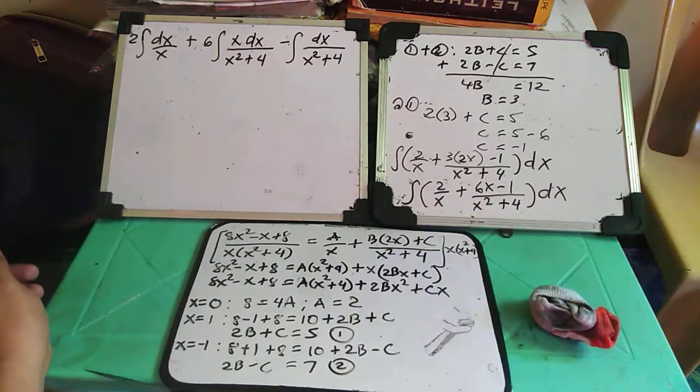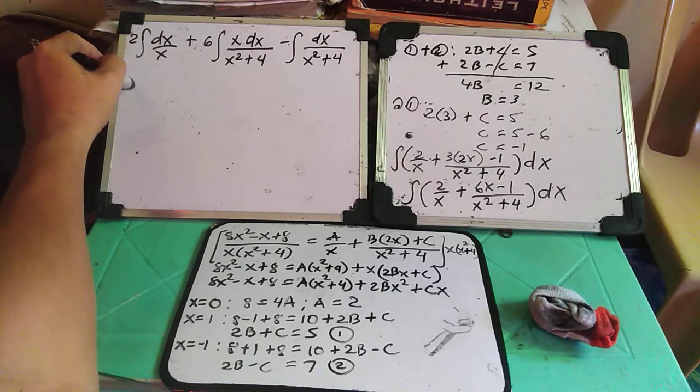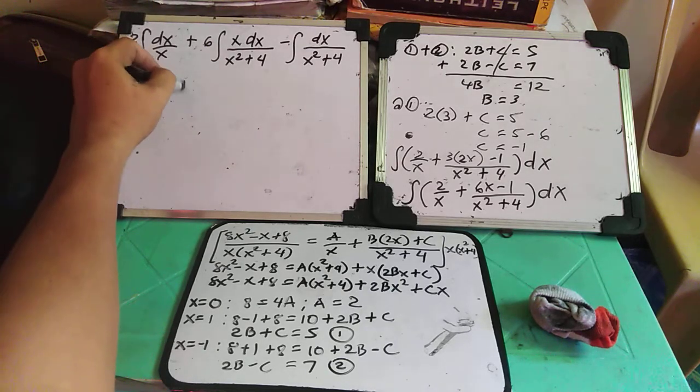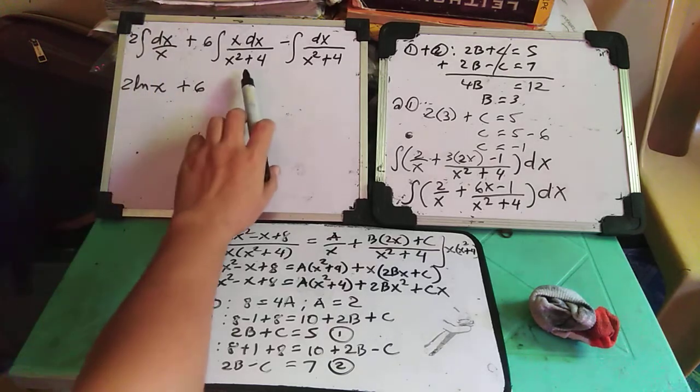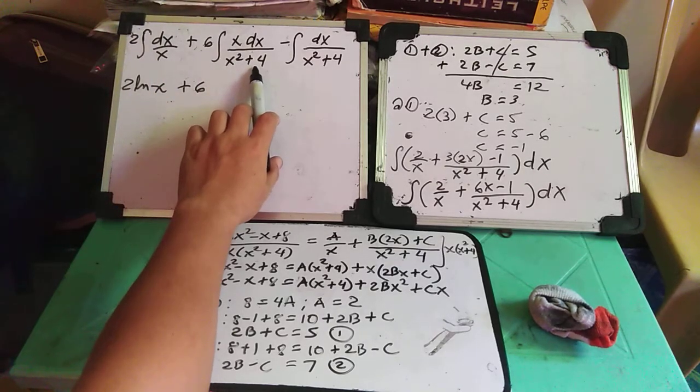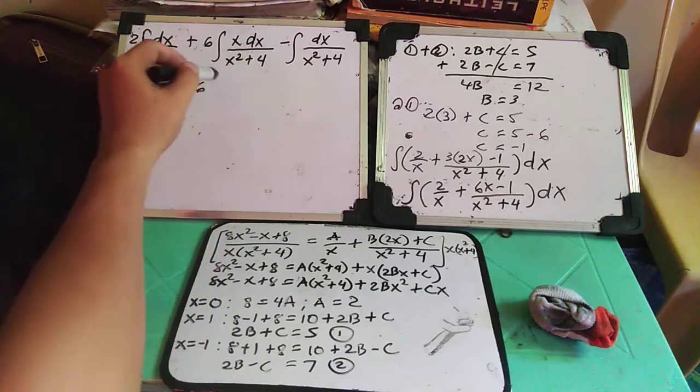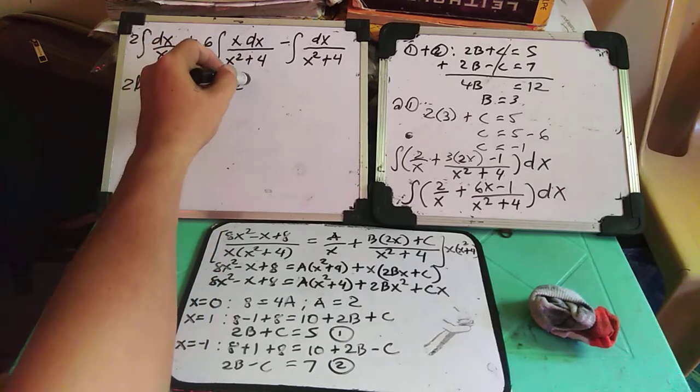Then upon simplifying, we have 2 over x plus 6x minus 1, then all over x squared plus 4 dx,